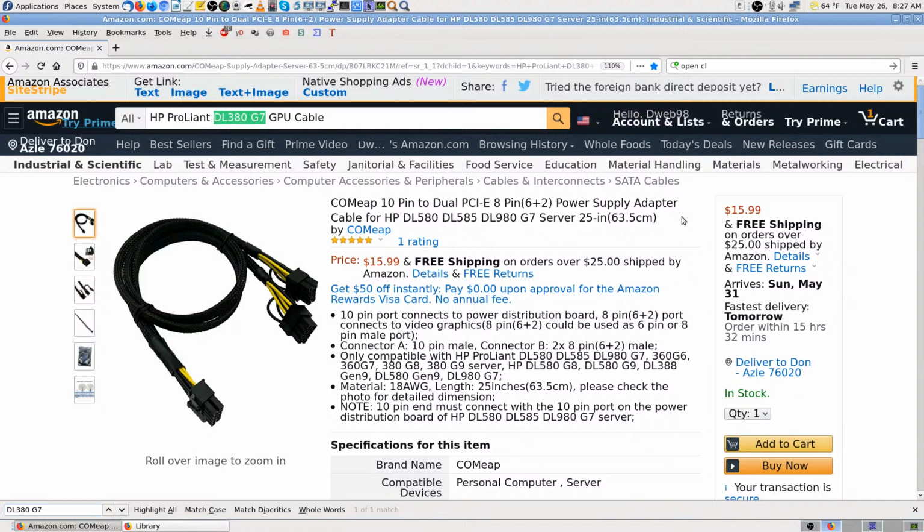But here's what I saw. I just started searching through here, and I did not find a 380. There's no 380 on that page. There's a G7, but it's a newer model. It says HP, 580. I guess 580, 85, and 980 G7s, I guess. If you look in there, same thing, G7,